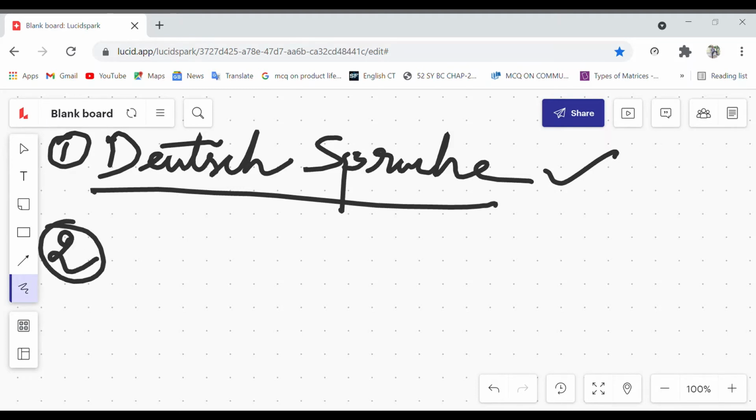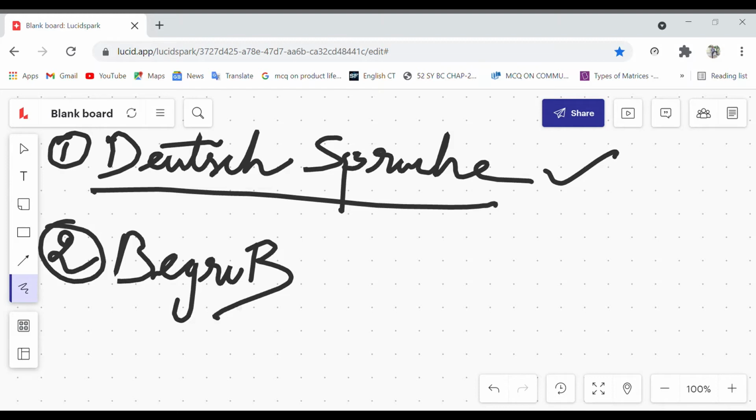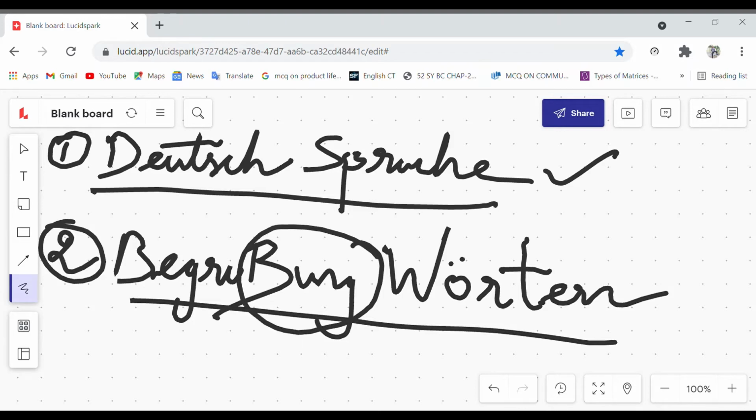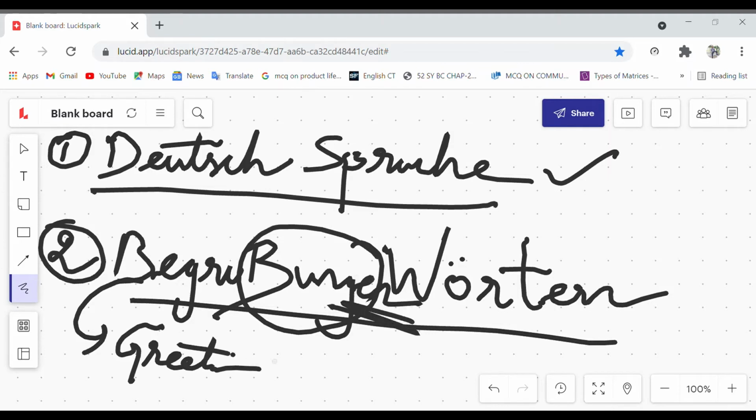Second one was Begrüßung wollten. Two dots over here. This is Begrüßung, this is not bung. This is Begrüßung wollten, the one which I showed previously, which means greeting. And if you give en over here, then it will be greetings.